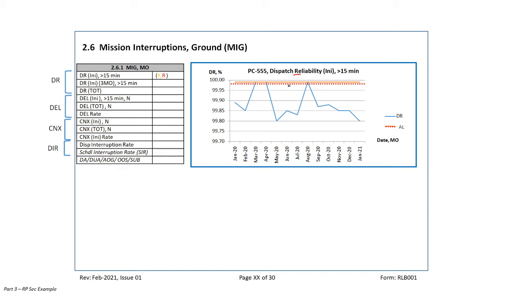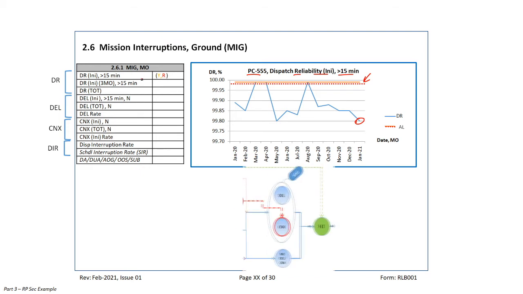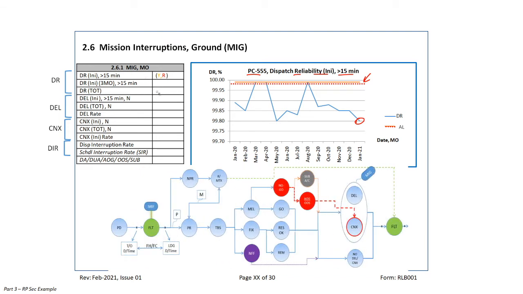Anyway, let's start from the dispatch reliability graph here. It's very simple, very self-explanatory. Initial dispatch reliability, this is the aircraft model. Dispatch reliability initial more than 15 minutes. We have here the dispatch reliability trend line and alert level. Now, before we start our discussion related to this dispatch reliability summary table, we call it mission interruption ground summary table, again, I would like to bring back